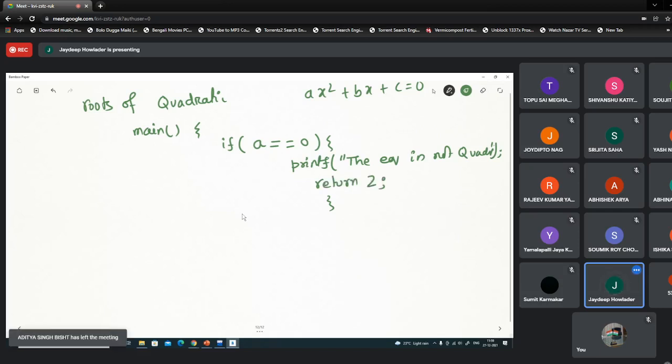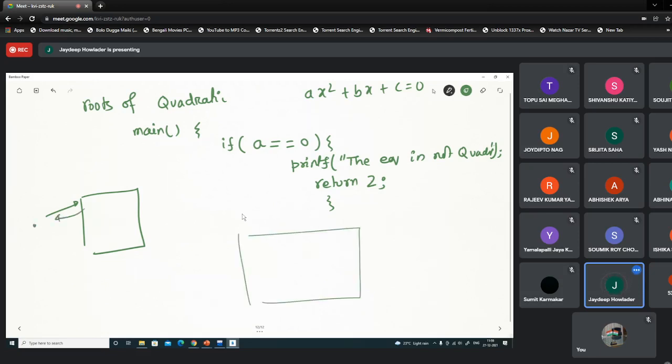That means when this main is executed, it checks these conditions, and if the condition is true, instead of executing the rest of the sequence, it returns from here with a value of 2.